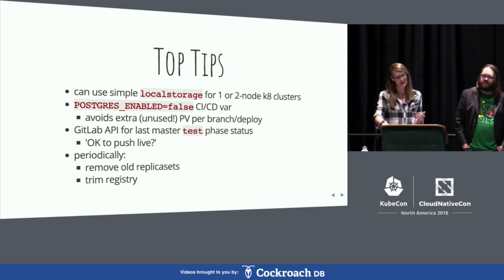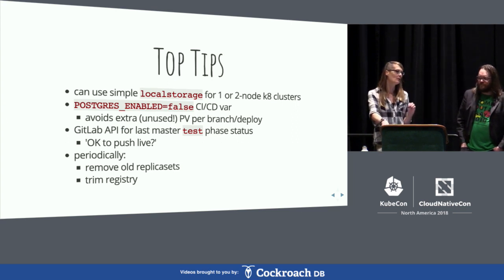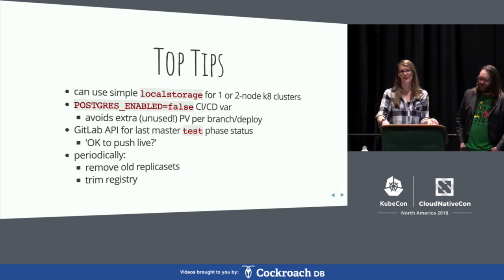And then the GitLab API, just a shout out to it. Like everything you see on GitLab's website, you can pretty much get to through the API. So we could do pretty advanced things like say, where's the most recent master branch? Has it succeeded through test or failed? And our devs can instantly find that on a page and know, is it okay to push out?